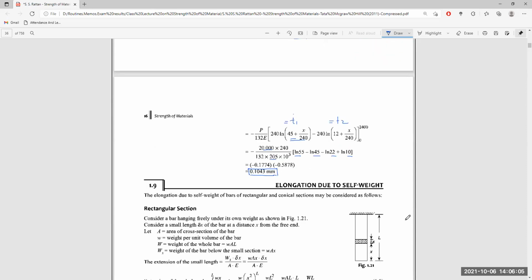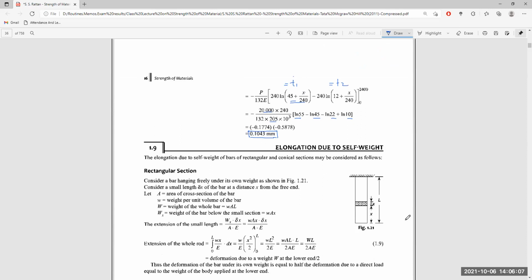Now, elongation due to self weight. Let us go through it, if we have the time. The elongation due to self weight